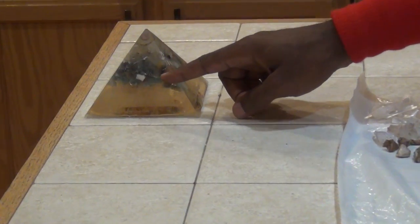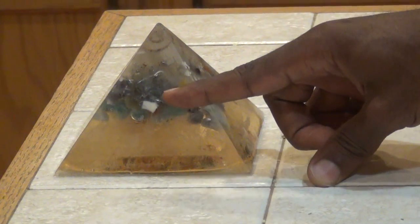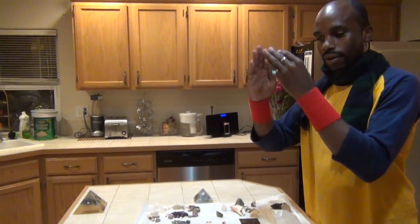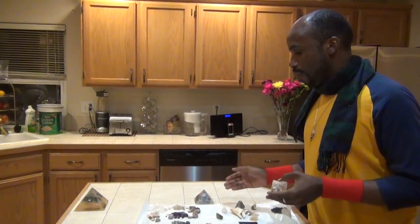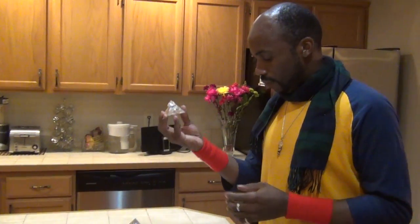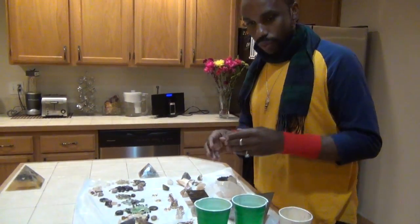And actually this one right here is my first Orgonite Phantom Orgonite. It's really interesting. I say Phantom because there's a thing called Phantom Quartz, and that has different kinds of mineral inclusions kind of pointing up, and it looks like there's quartz inside of quartz inside of quartz, so they call it a phantom. So at any rate, that's what I would do. I would use this in this. This is one I will be using, but now it looks like it's time to mix the resin,